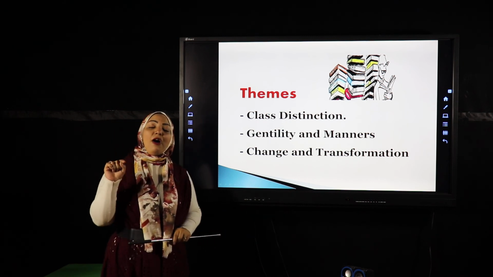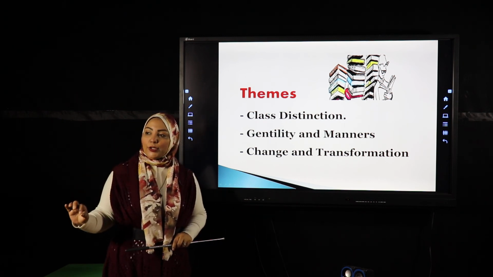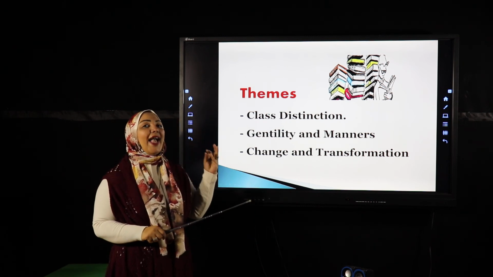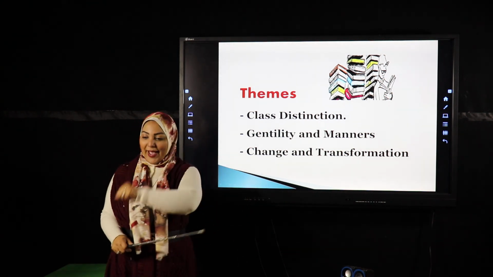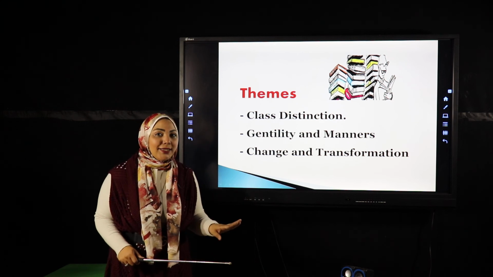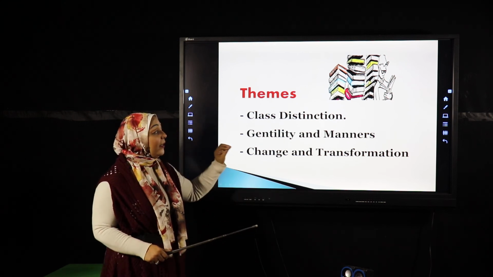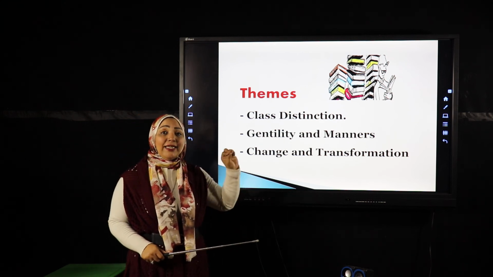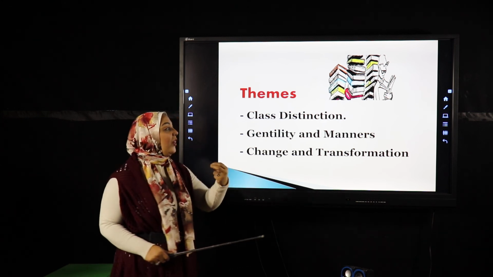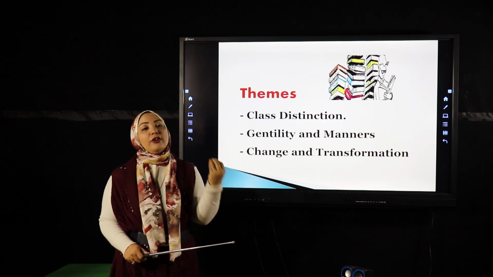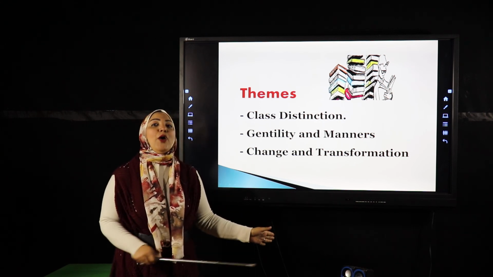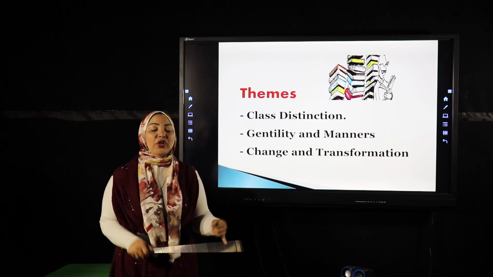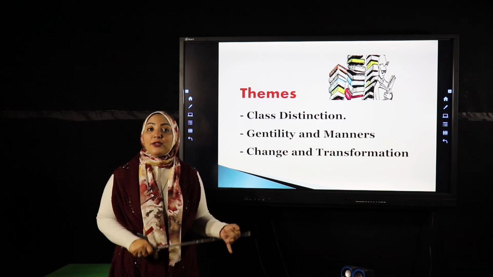Then, the theme of gentility and manners. Gentility and manners were actually represented by a true gentleman all the time, from Act 1 until now, who is Colonel Pickering. Colonel Pickering always treated Eliza gently with very good manners, as if she is a lady, even when she is a poor flower girl. From day one, he is calling her Miss Doolittle, he is gentle to her.